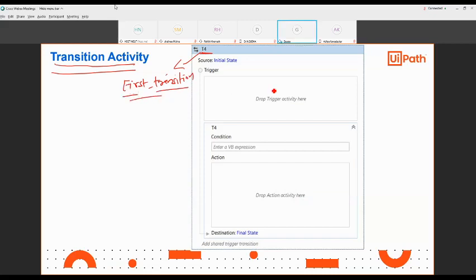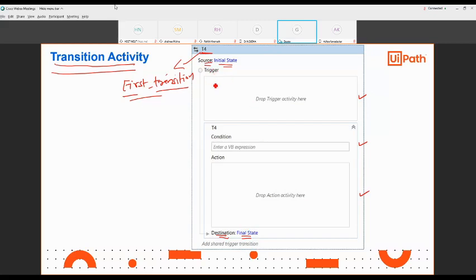Okay, in the transition state, there are three components. One is trigger, second is condition, third is action. And you can say the destination is showing you the final state, the source is showing you the initial state. Okay, in which condition it is defined, the initial state, where it is going, the final state. Clear?